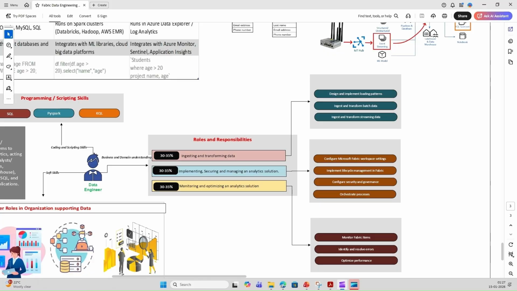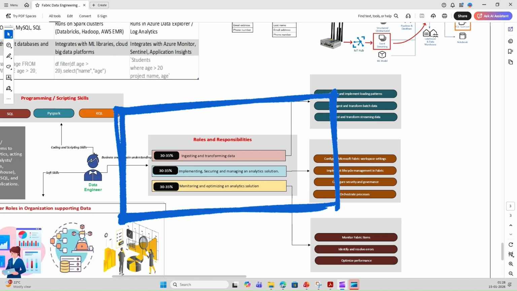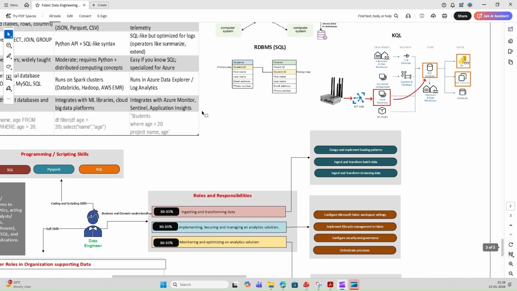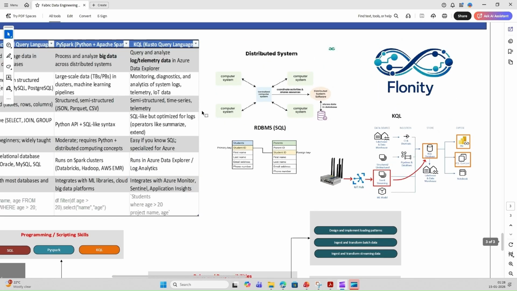In our previous session, we were talking about the coding and scripting skills which would be needed by a data engineer. Today, we'll dive deeper into their roles and responsibilities. As you can see here, 30 to 35% of coverage would be for ingesting and transforming data. So we'll look at how the ingestion happens, and what the different tools are which are utilized in Microsoft Azure to ingest